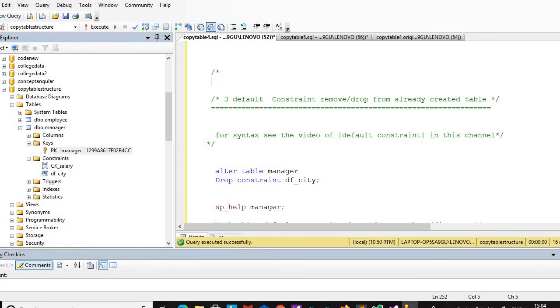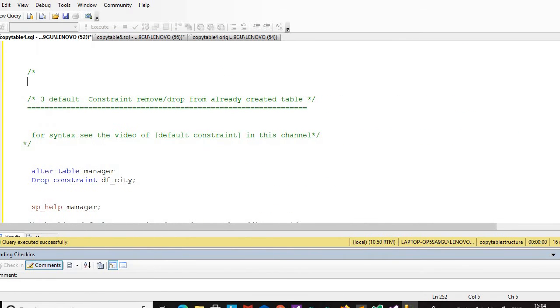So now we will drop, or remove, the default constraint. This is the default constraint for city. By default, if any record is added without a city, then New York will be entered as the city. That is the purpose of the default constraint. So if we want to drop the default constraint,